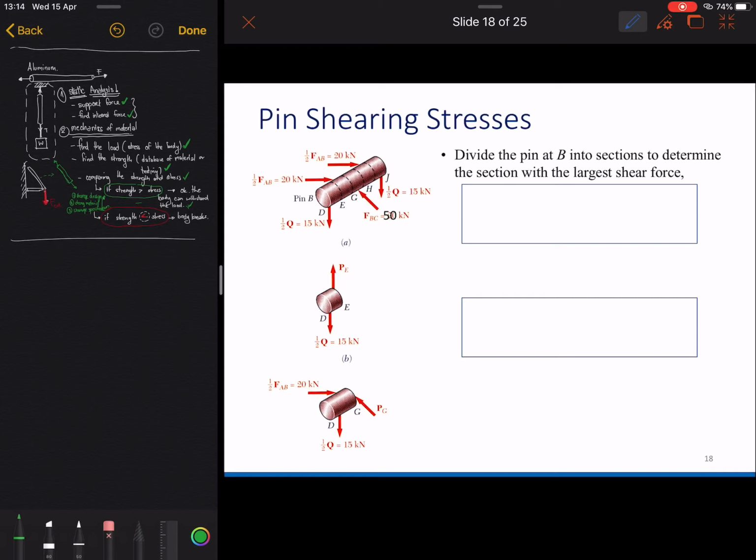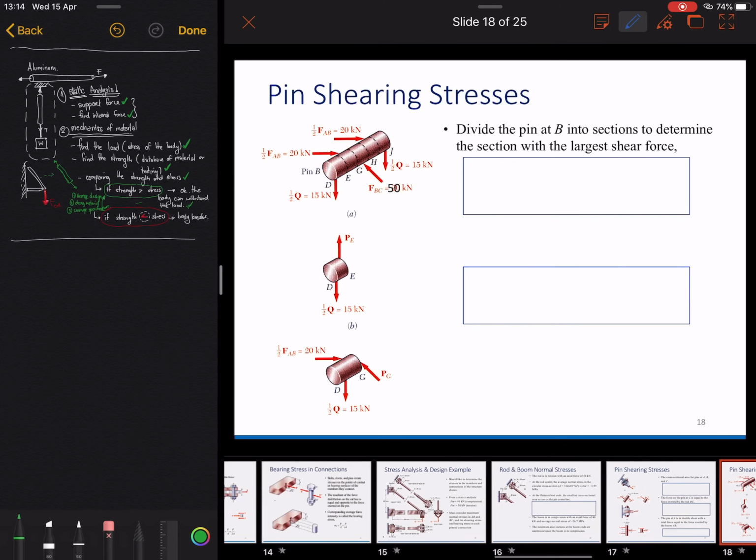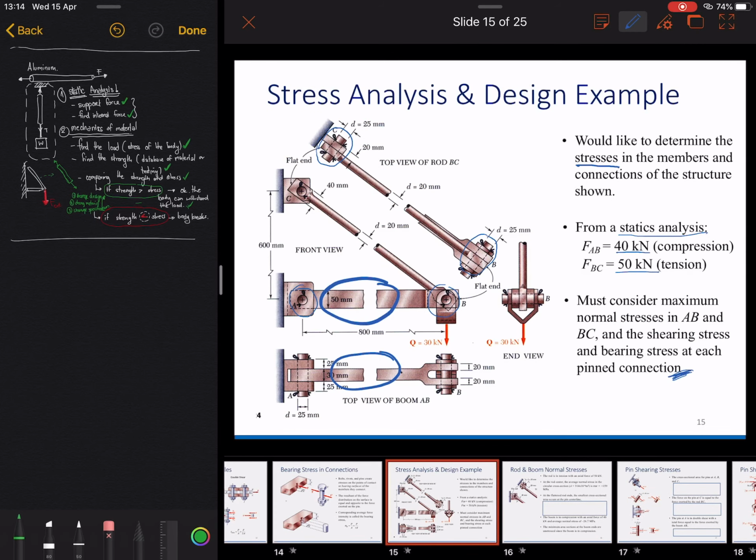Then next is this one. This one is quite complicated, this one. So okay, let's see this. I will need to show you where this location is. This location is this one. Okay,